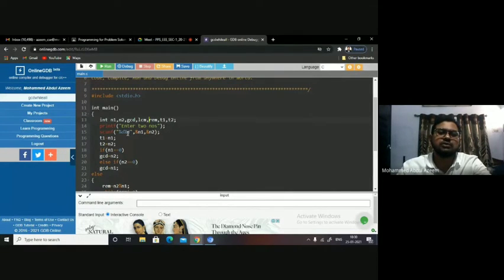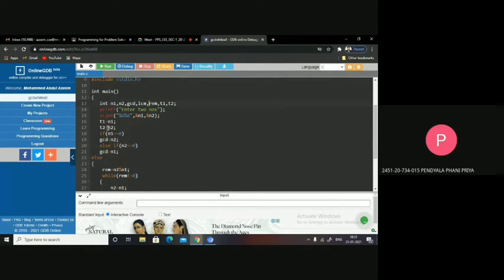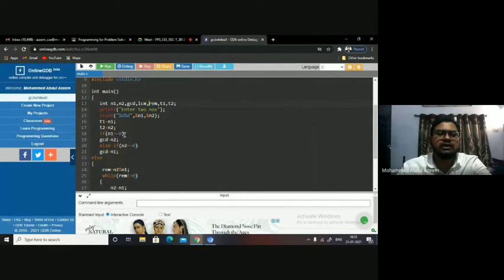So we are first accepting two numbers here. Then we are assigning N1 to T1 and N2 to T2, taking the backup immediately after we have read the values into N1 and N2. And here we are adding all the possibilities. If one of the numbers is 0, then the GCD is the non-zero one, but if both are zeros, then obviously 0. That we are checking here. If N1 equal to 0, GCD will be N2. And if any one of them is 0, LCM is always 0. Yes or no? Yes, sir. So here I can add LCM as well.